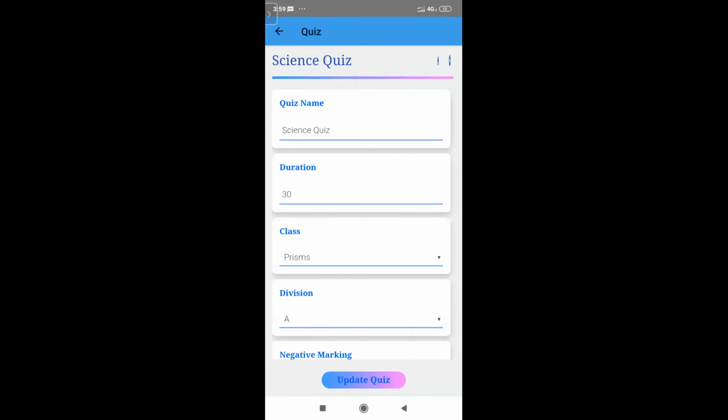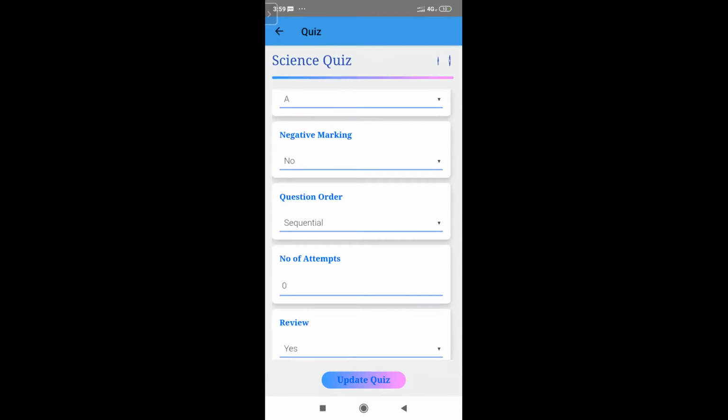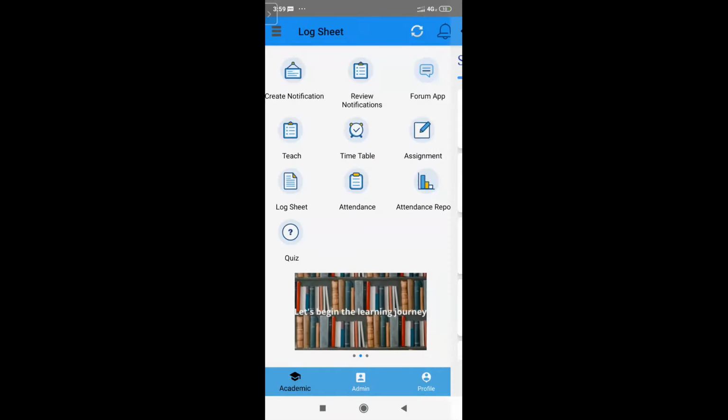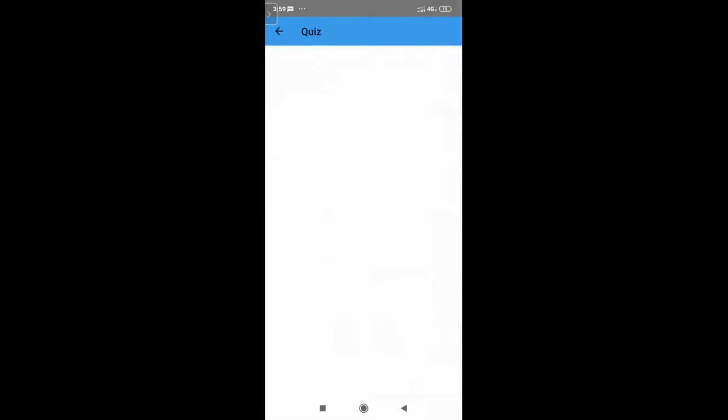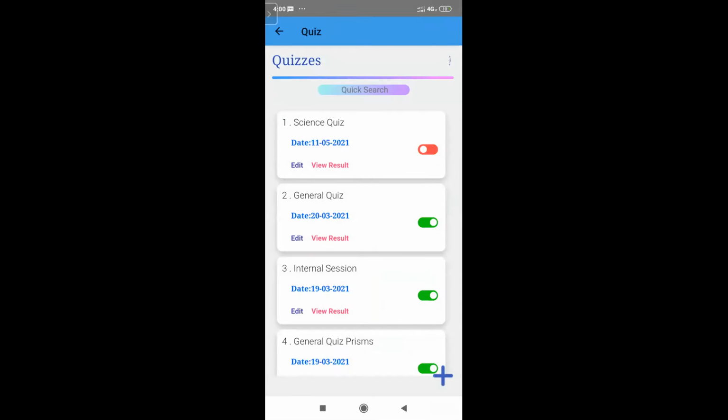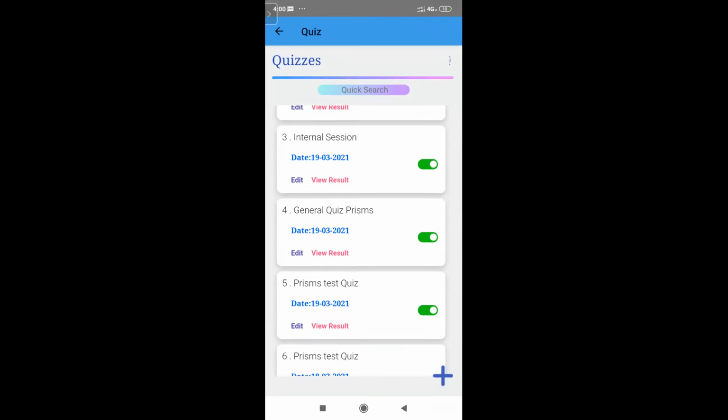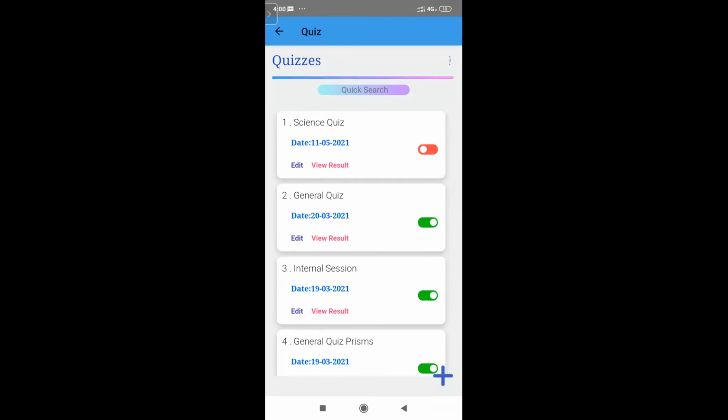If later on you want to change the settings, you can simply click on the settings tab and change any particular setting regarding the quiz. Sorry, I pressed back accidentally. So in this way, I can create multiple different types of quizzes, and I can also publish the quiz. Now it's unpublished. I also have a toggle: when I want to publish, I can simply switch it from red to green, and it is published and live for the students. The students can then take the quiz from their end also. So basically, it's very user friendly, and teachers can do it very instantly.